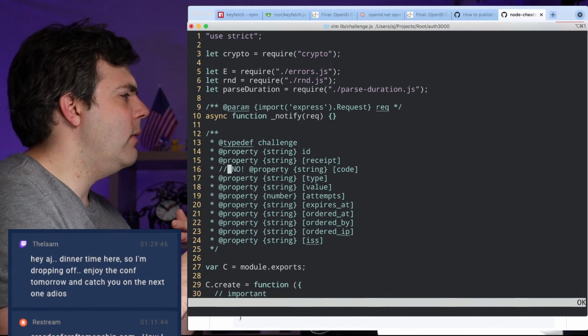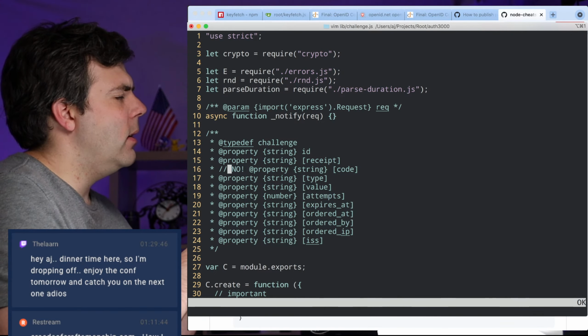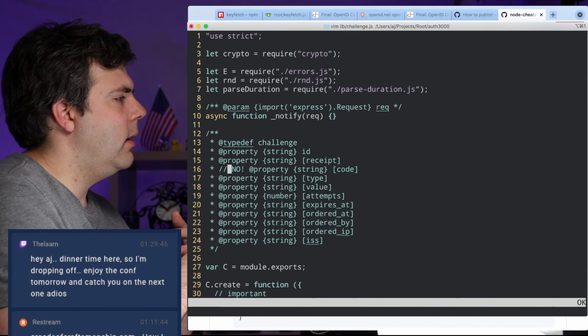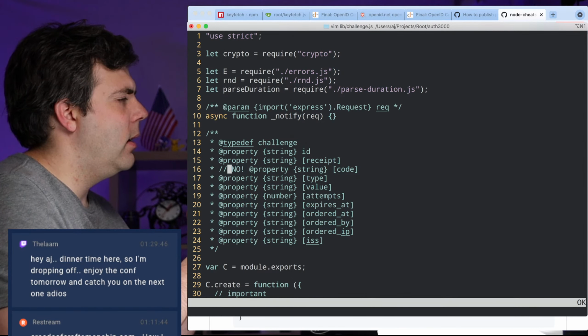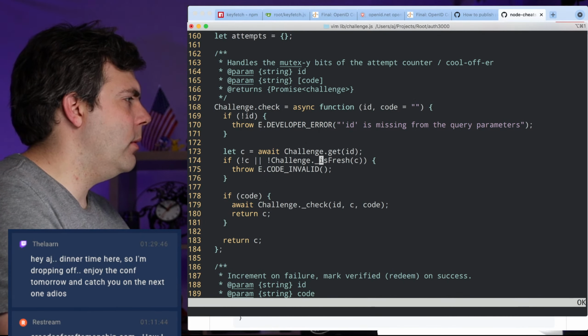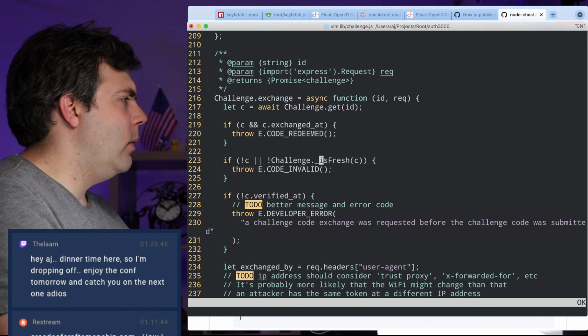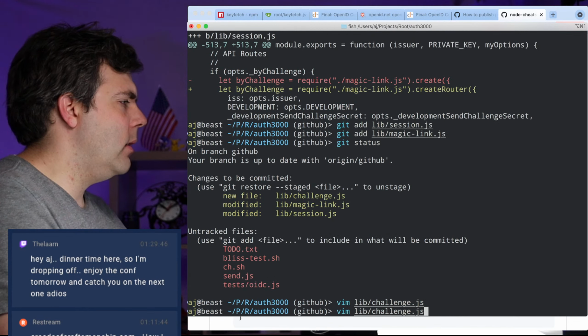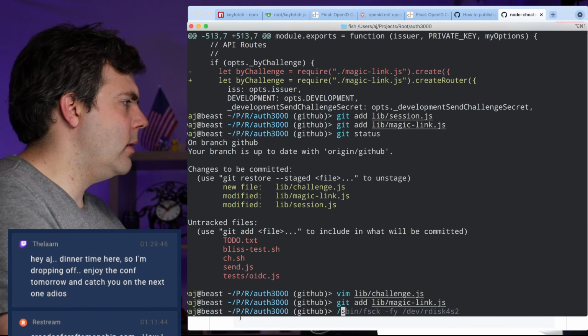Okay, so the receipt value is also something that I generally don't want to be available when it goes out in the res.json. Let me go check over here in the magic link stuff.